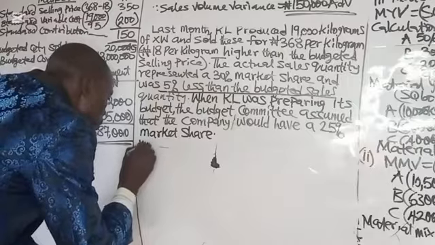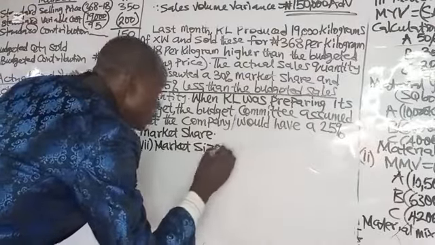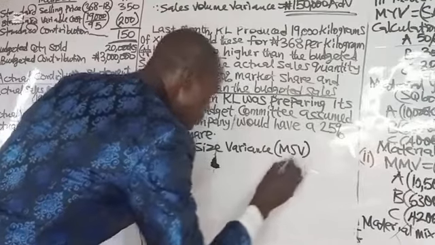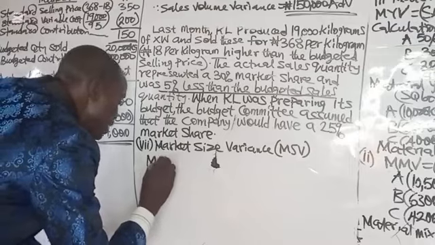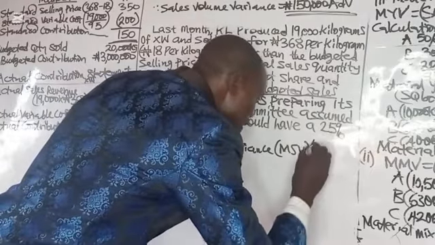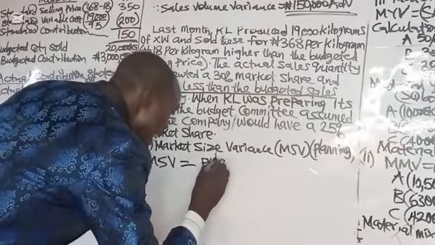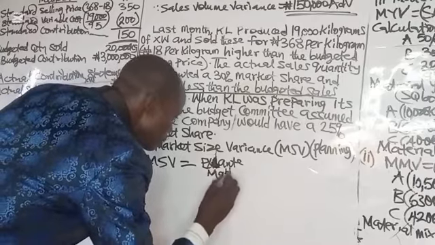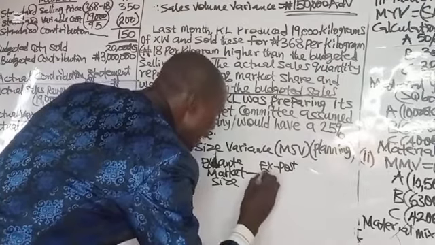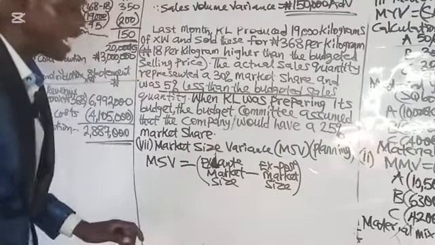Number 7, market size variance. If you have watched my earlier video on market size and market share variance, I've told you that market size variance is equal to S and T, since this is the same as planning variance. Remember, in planning variance, you are comparing the S and T market size minus exposed market size multiplied by the budget market share